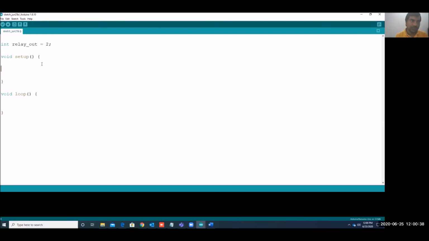So here you can see we can define the pin. We will be taking output from the controller, so I have given output, and now directly I can make it high or low.